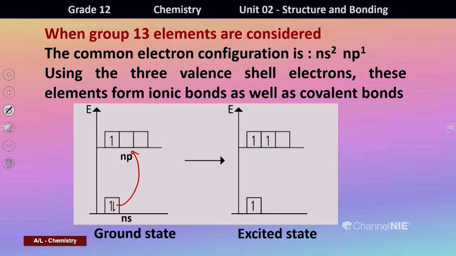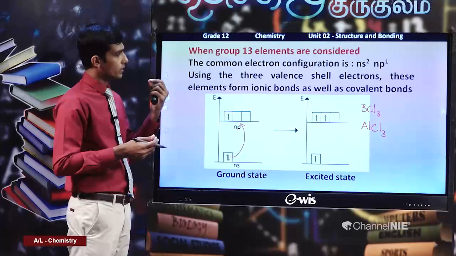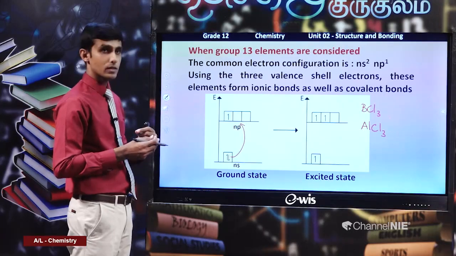Now if you look at compounds like BCl3, covalent molecules, AlCl3, the way these molecules are formed can be understood from this part. But we know that around boron and aluminium, in these cases, that particular element does not have the electron octet.